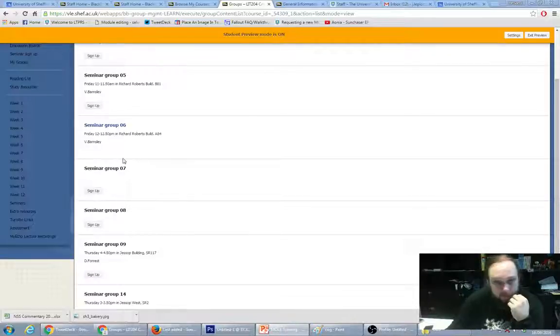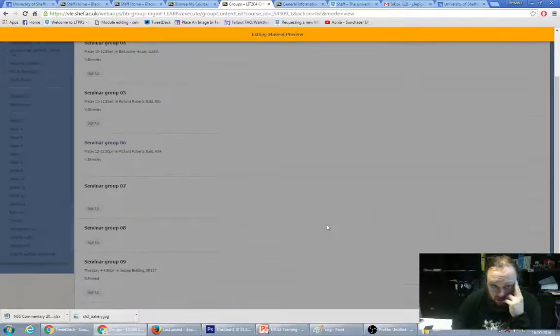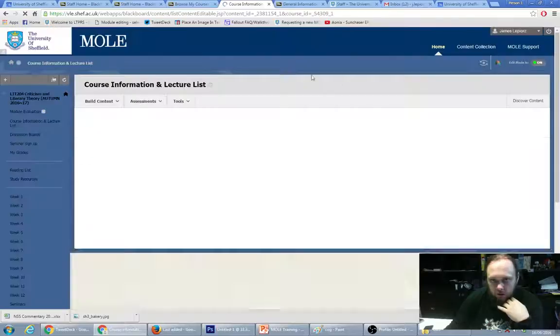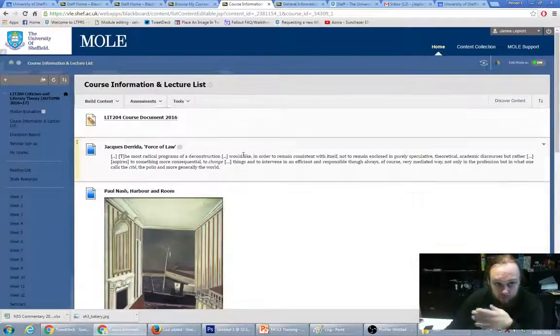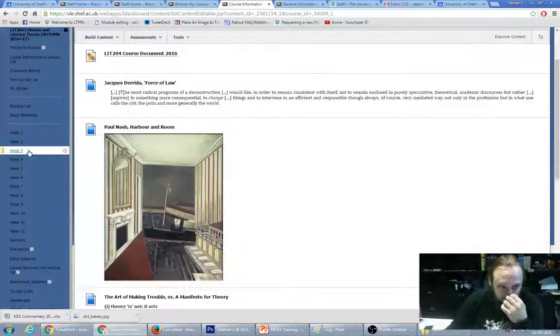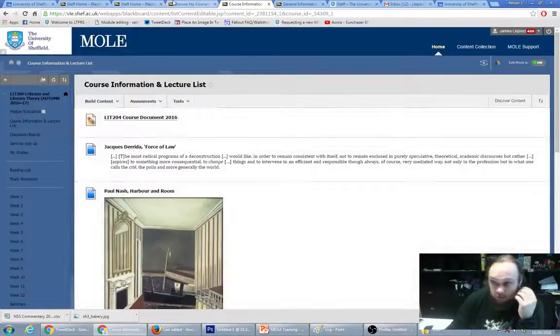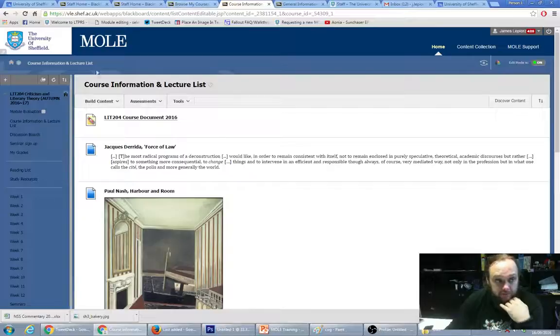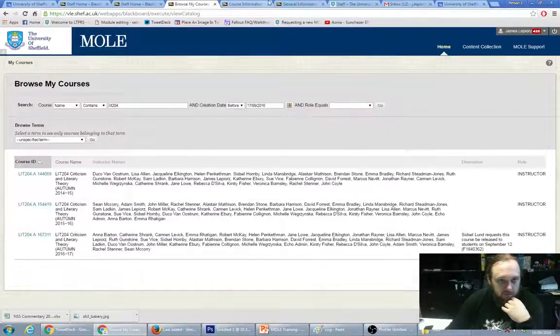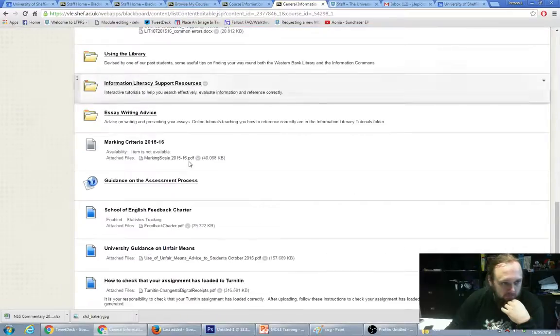That's fundamentally it. There's not really much to know about Mole. All of your course documentation will be put within Mole. It will become available on a week-by-week basis, and you will also submit your work via Turnitin, and they will usually appear in a list in this list under the main course information section. So in Lit 107